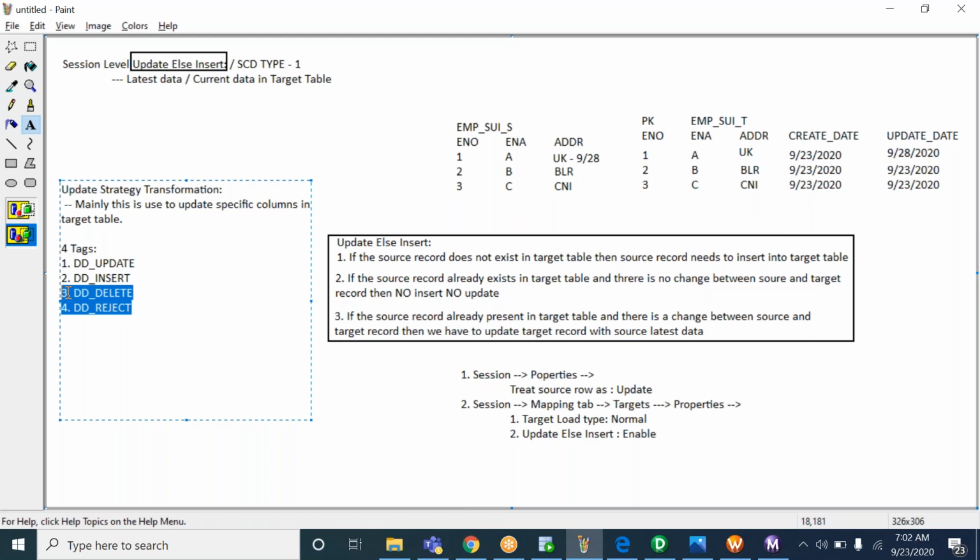Very rarely, or never, do we use the other options inside the update strategy. If they ask which tag you have used in update strategy, you can say that in my current or previous project, we used only the DD_UPDATE tag to update specific columns in the target table. Okay, so we'll see how to use this update strategy transformation, where to write these tags inside the update strategy, and how we are going to update